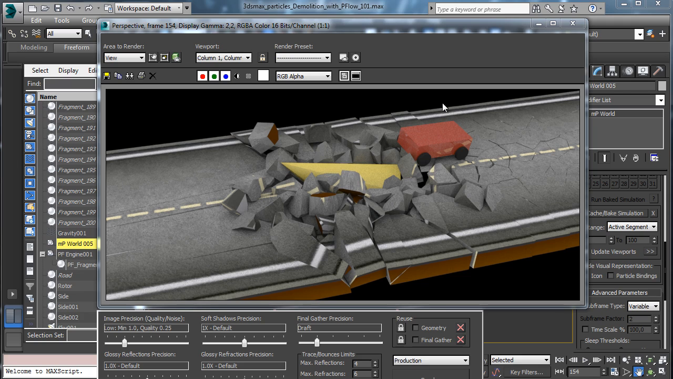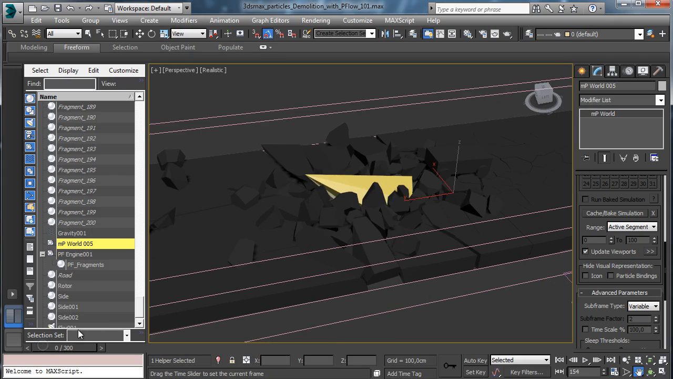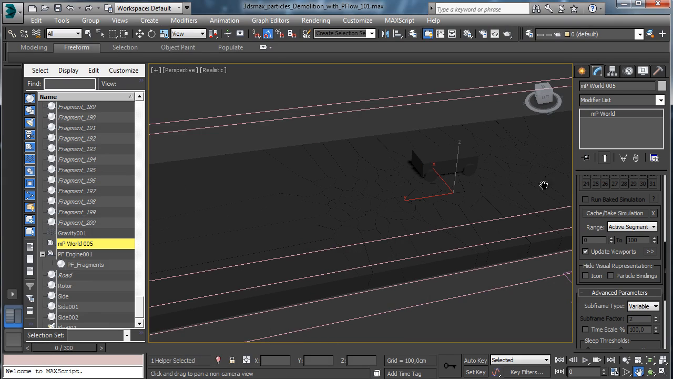But actually it was nice to understand how we can play with a really simple particle flow setup to create some dynamics. So let's save the project, and for the moment that's all, and I hope to be back with